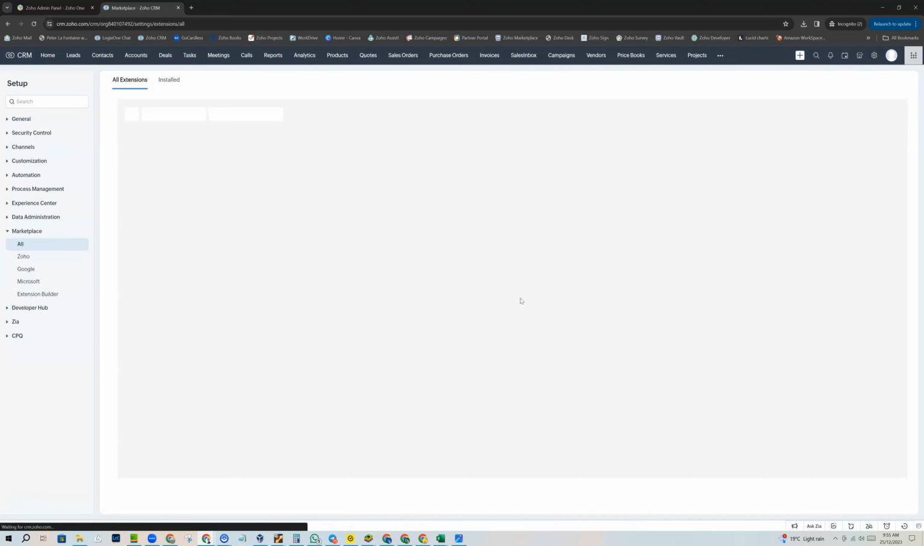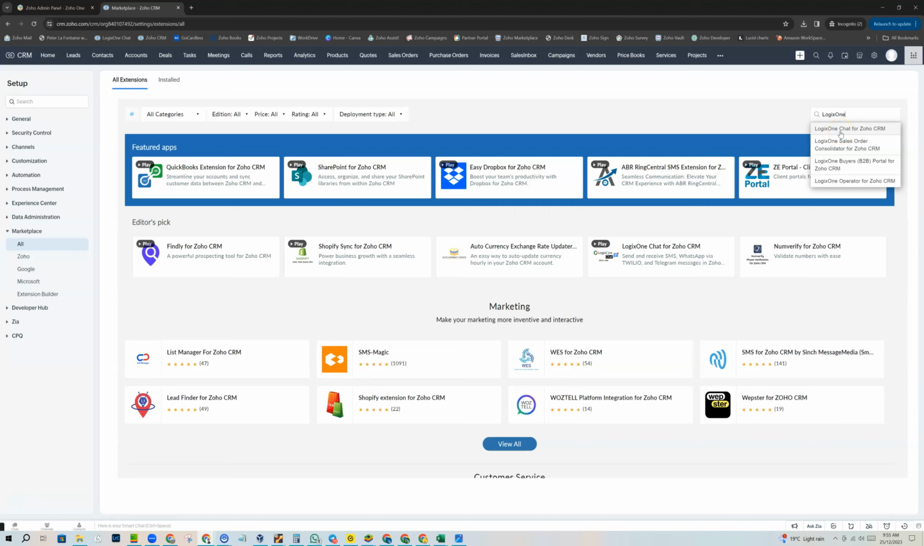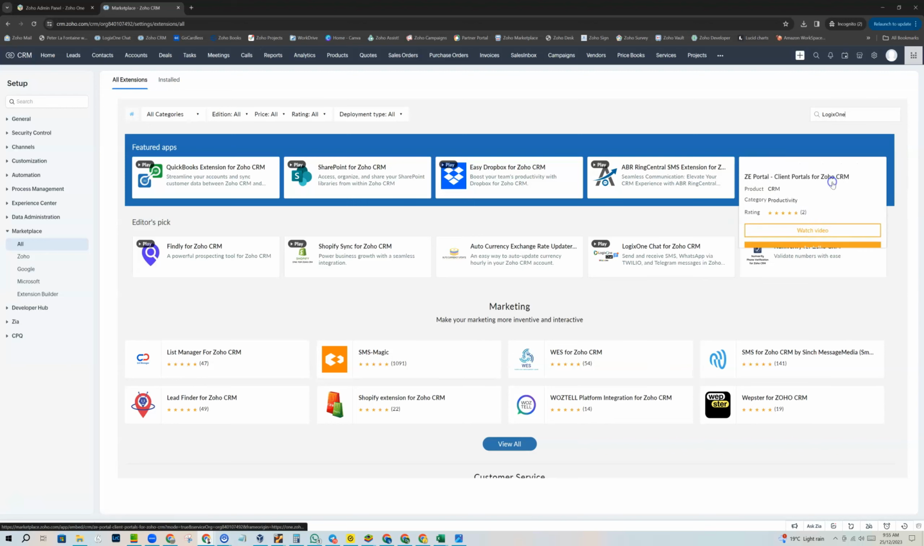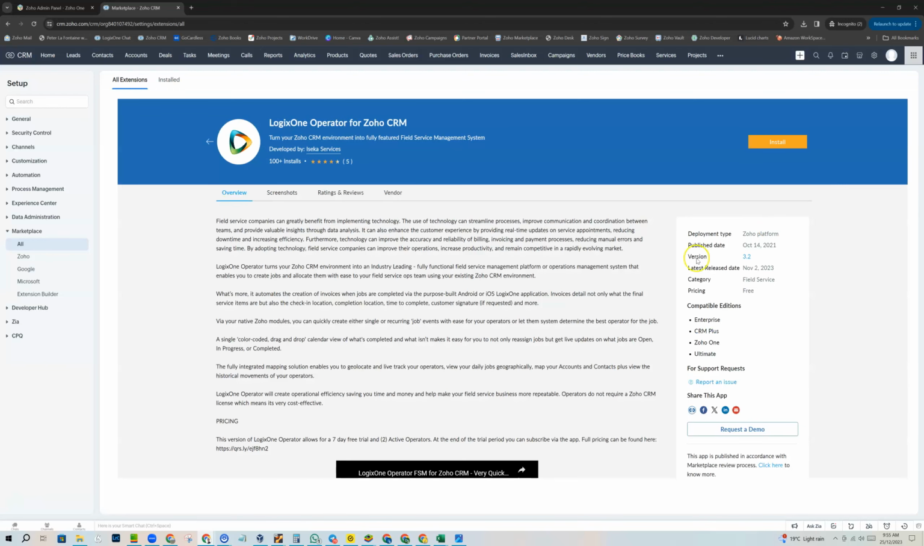What we're going to do here is search for the LogixOne Operator app. You'll see we've got a number of other apps here, such as our chat tool and our B2B portal, but we're going to be installing LogixOne Operator for Zoho CRM. So we'll just click that, and then you'll see it will come up here. All you need to do now, once you're in the location, and we'll put the link to the extension inside the video description down below,